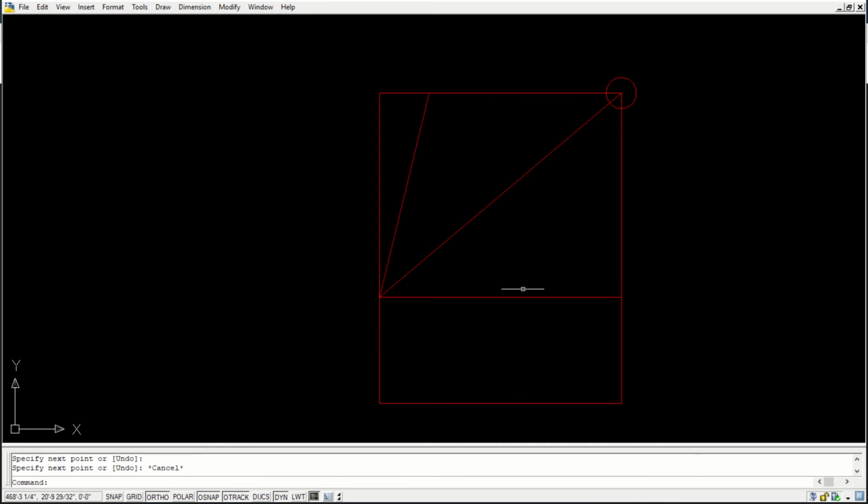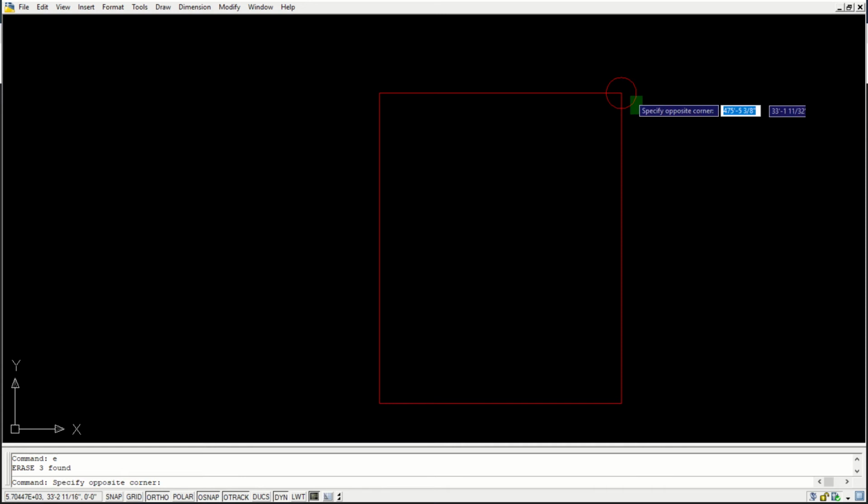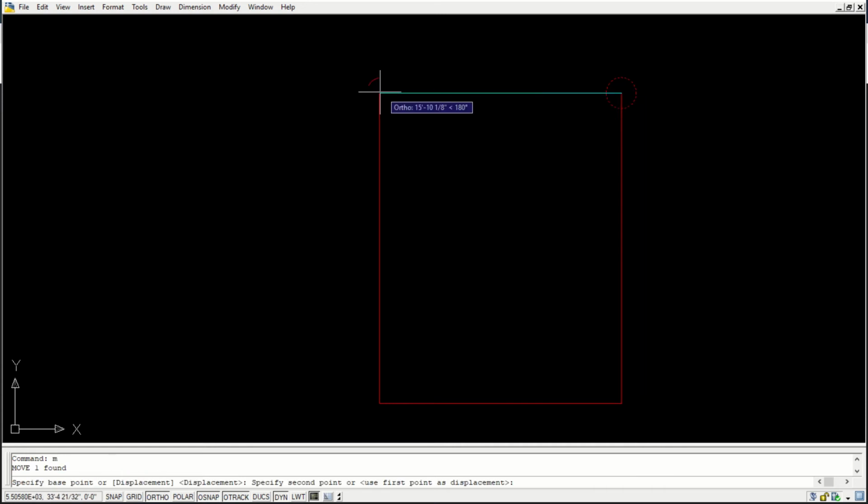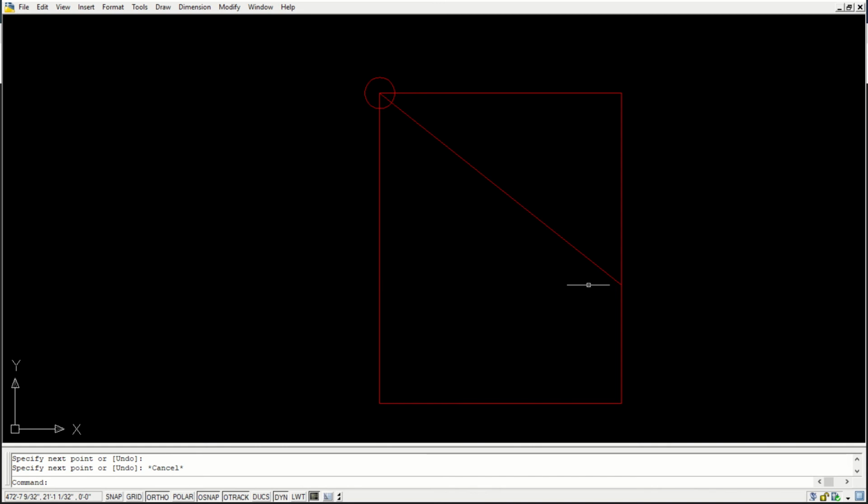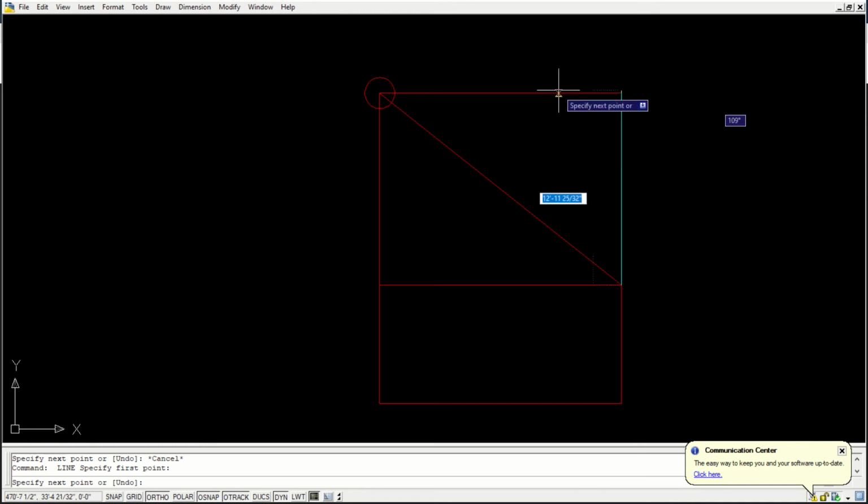Not vanishing point, I think I'm saying it wrong. This is our point of observation, and these could be our cone of vision, or the extent of our vision.